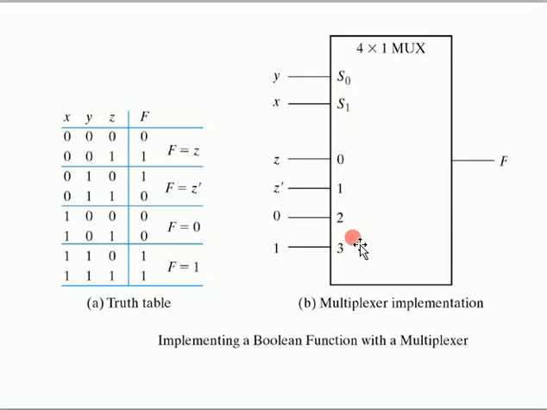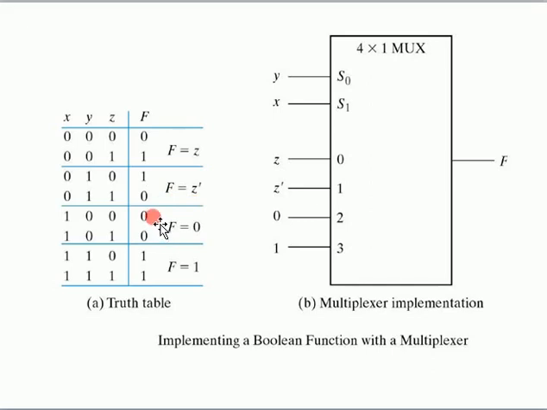And these input lines are having these values. How we get this, we will see from this truth table. When we divide it into sections, for the first section, f is equal to 0 1. Here you see z is also 0 1. So f is equal to z. In the next section we have f as 1 0 and z is equal to 0 1. So this 1 0 is the complement of 0 1, that's why f is equal to z complement.